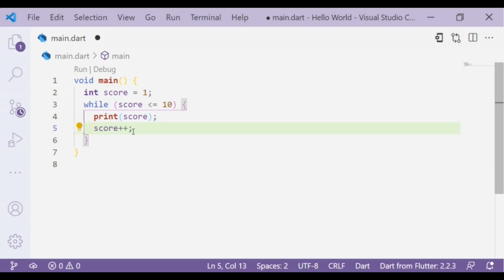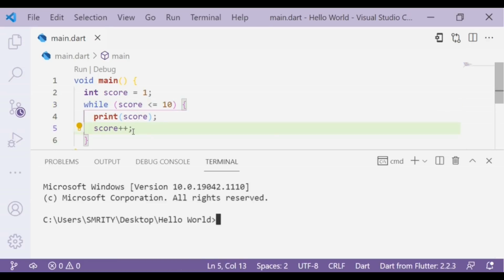So we'll end up with an infinite loop because this condition will always be true. 1 is always less than 10. So in every iteration of this loop, we increment score by 1. So at some point score is gonna be 11 and then this condition will be false and then we'll jump out of this loop. So now if we run this program,